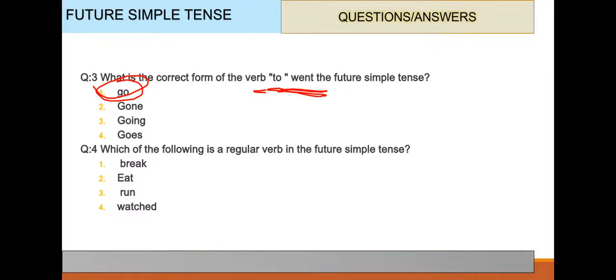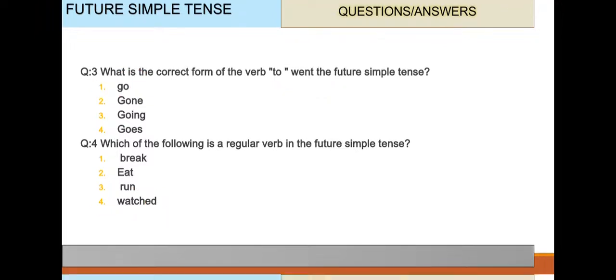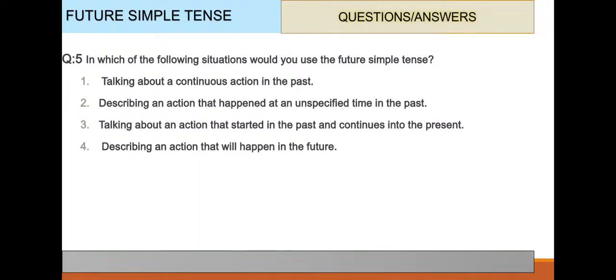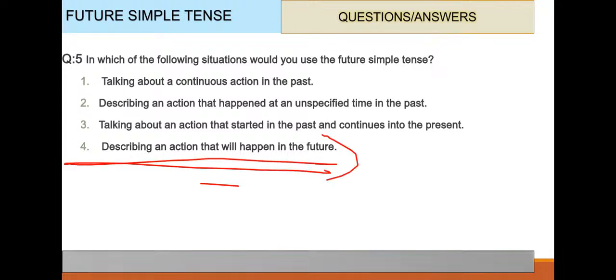Which of the following is a regular verb in the future simple tense? Regular verb? Yeah, we have watch. Watch is a regular verb, and remove the ed after the main verb. Last question, in which of the following situations will you use the future simple tense? I told you that we use the future simple tense to describe an action that will happen in the future, or you can say we have any kind of prediction for that action. Like we want to predict that something is going to happen, or you can say I will be giving you a grand test at the end of the session